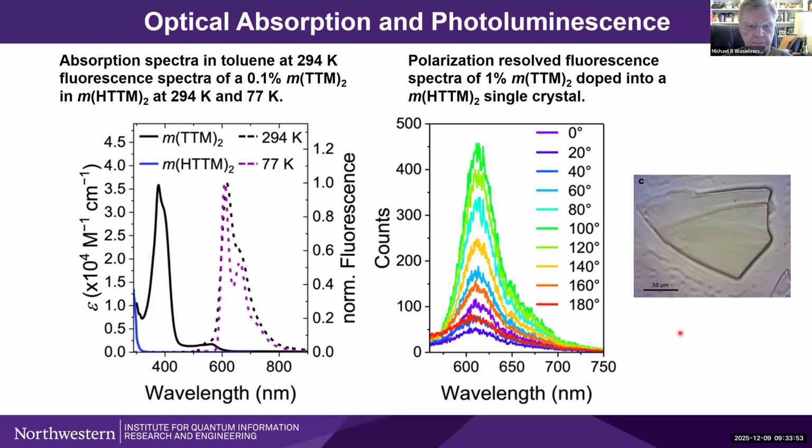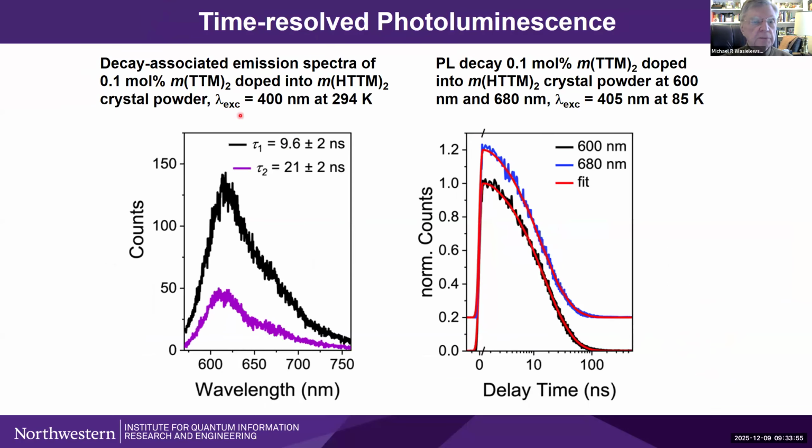We can do time resolved photoluminescence as usual on this particular case. And this is on a powder of the crystals. In other words, grow the single crystals and then we make them into a powder. And so once again, we get the biphasic fluorescence behavior with fluorescence spectra that look fairly similar in this particular context, as one might expect. And here are just the luminescence decay curves. Once again, we can measure at 600 or 680, and they're quite similar in that regard.